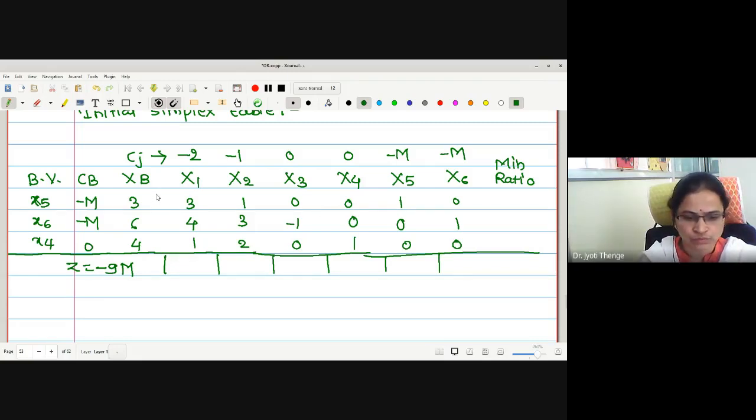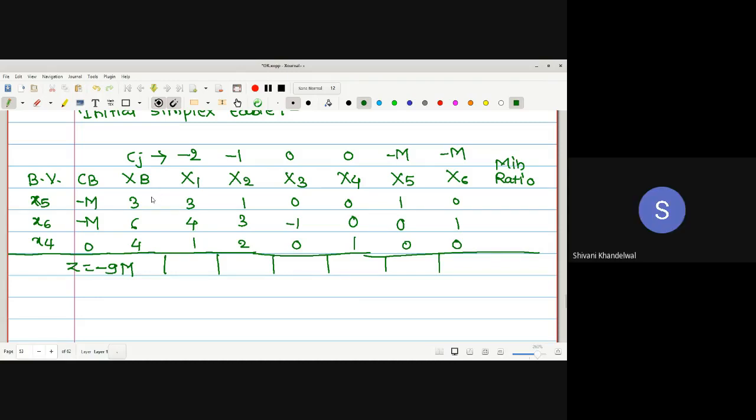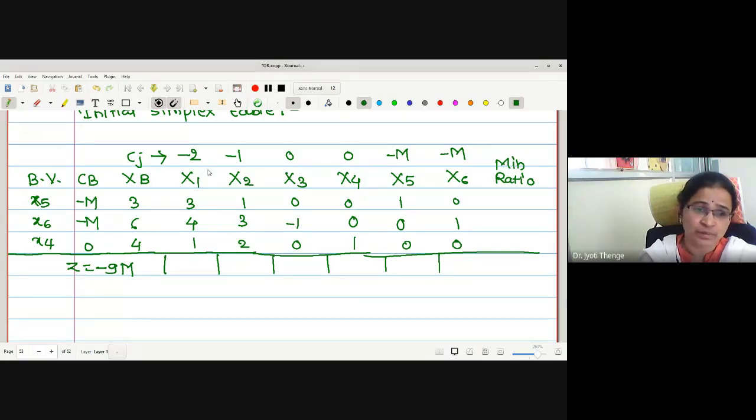What I have told you is the values of Tj, but that is for the previous simplex method step. Here, this is not a simplex method, this is the big M method. You have to do it on your own. What's the formula? Delta 1 is CB x1 minus C1. Correct now? Therefore, how much is the value? Minus 3M minus 4M, 0 into 1, 0. Therefore, this will be minus 7M minus C1. C1 is minus 2. Therefore, this is minus 7M plus 2. Is it okay?